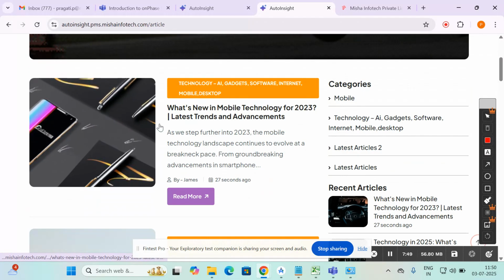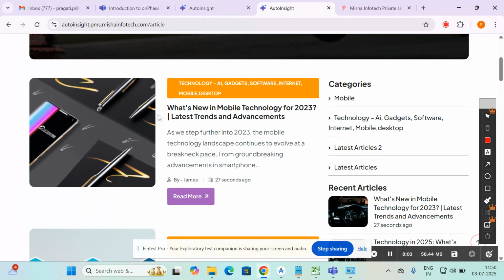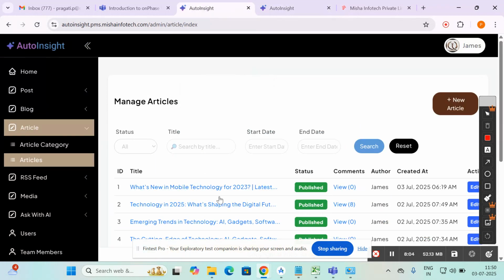See, here article is successfully created and shown on the screen. And of course, you can edit or delete this article from admin panel as already mentioned in video. That's all about how to manage articles in website.